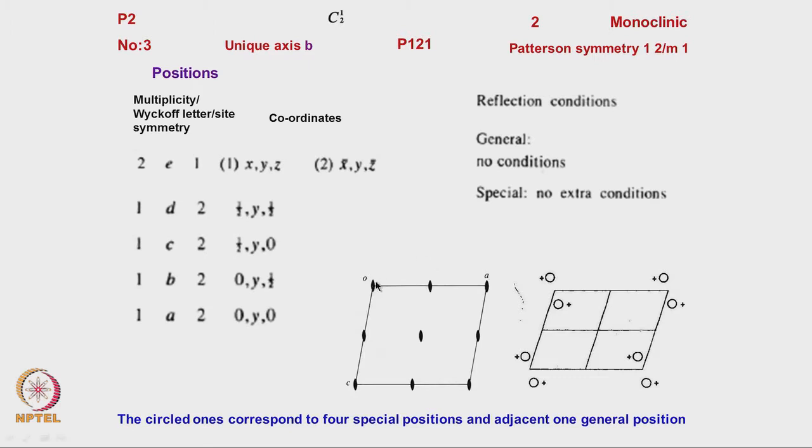That is essentially what it means, that 0, y, 0. That is 0 with respect to here, 0 with respect to here. On the y axis it is kept at some position arbitrarily at y. Or the other position where it can be kept is 0 on the x axis, then half in this direction, and y on top.